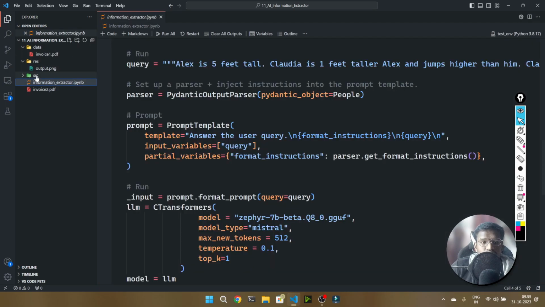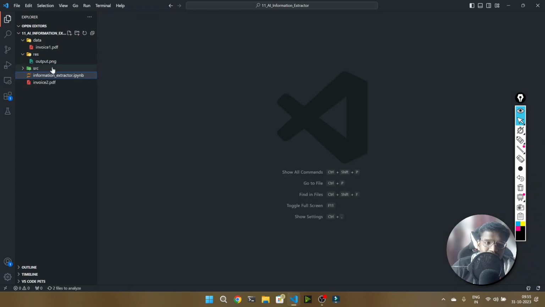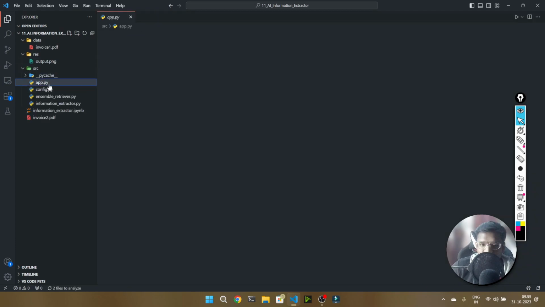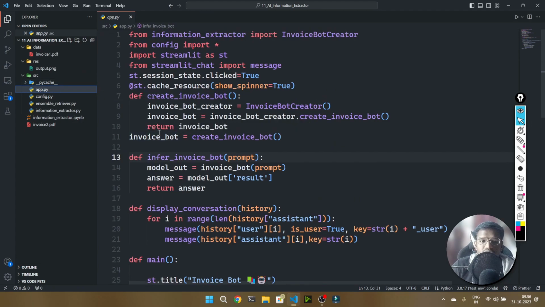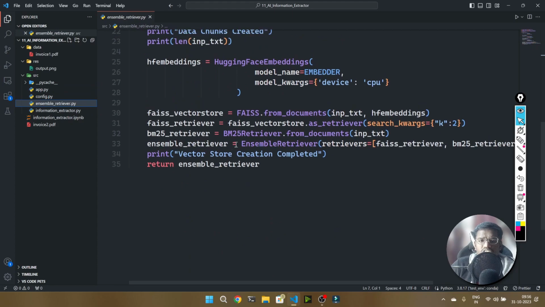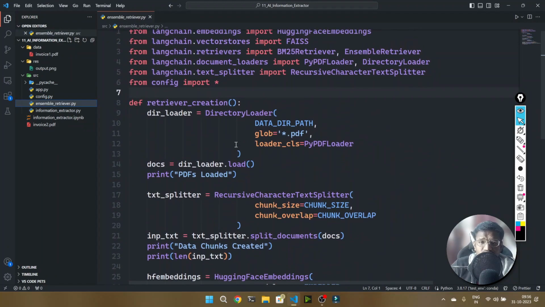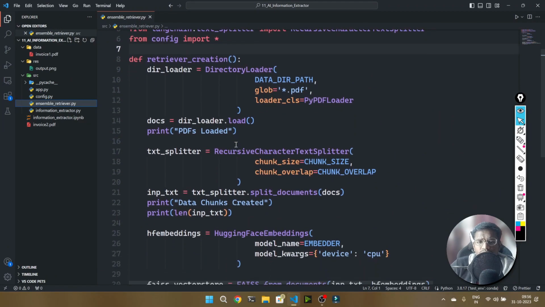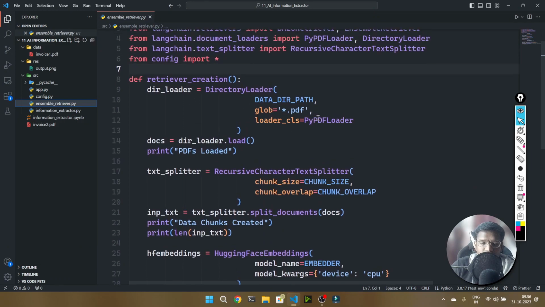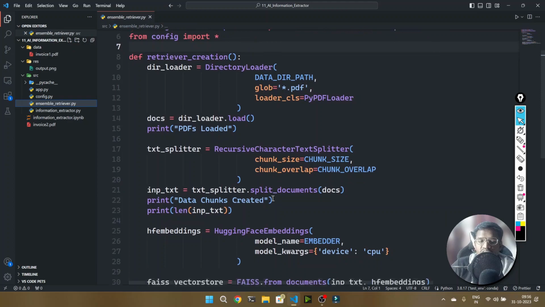Okay, so I'm working on some other things as well here, where it will try to respond in a JSON output. So soon probably a video might come on that. Here is a code which involves having an ensembled retriever. So what happens is you load the model with the help of directory loader, which will have a PyPDF loader. It will try to load the PDF, and then it will try to chunk it here with the help of